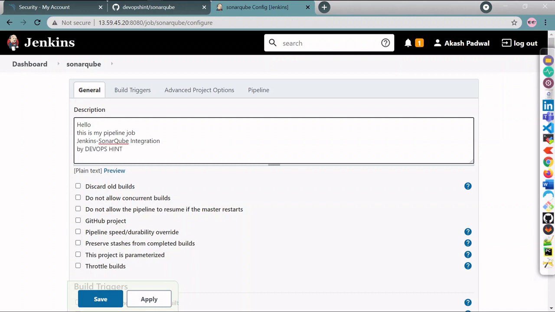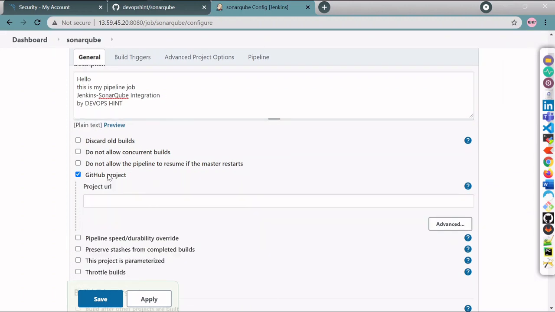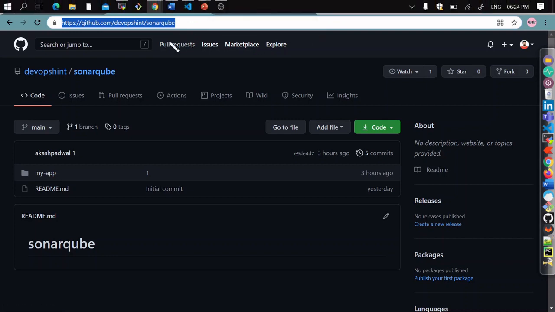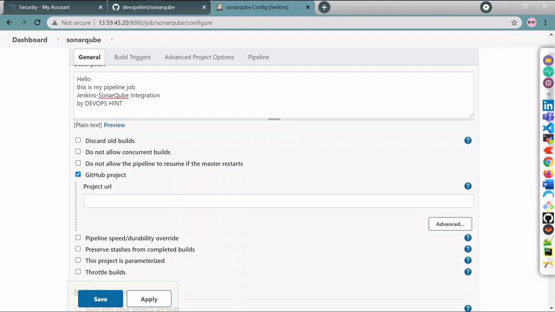Actually this is optional. You can give any description, and it is even okay if you don't give any description. Fine. Click on this GitHub project and provide your project URL from here. Copy this from here, paste here.